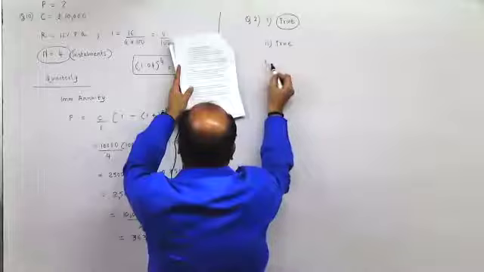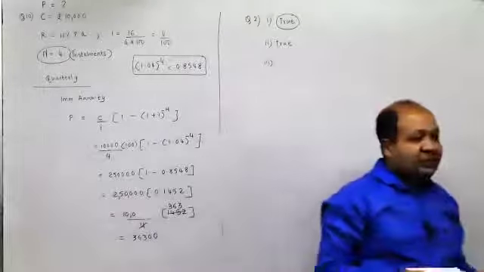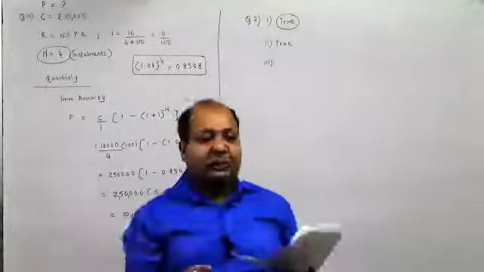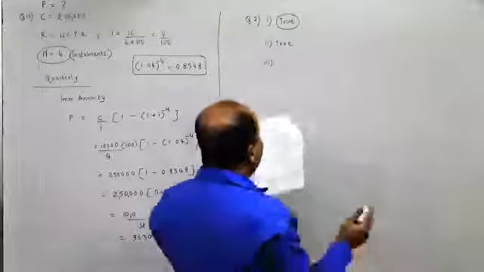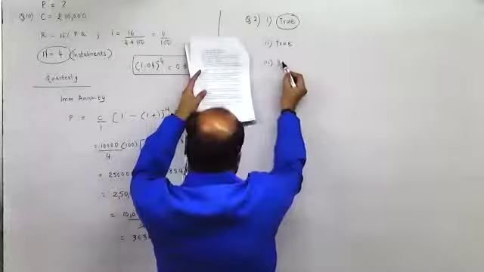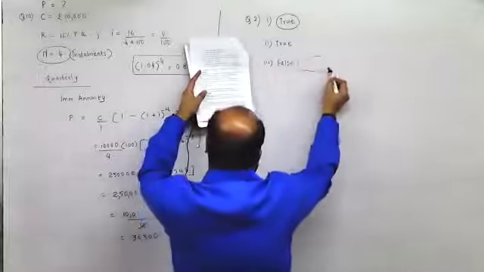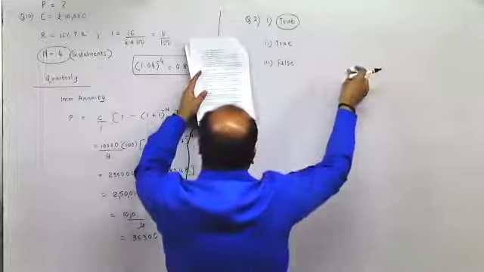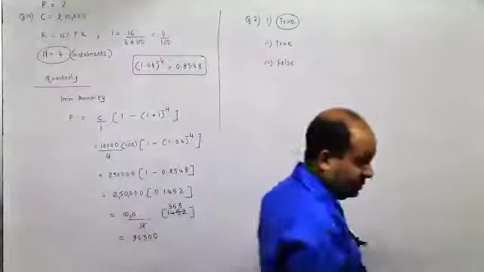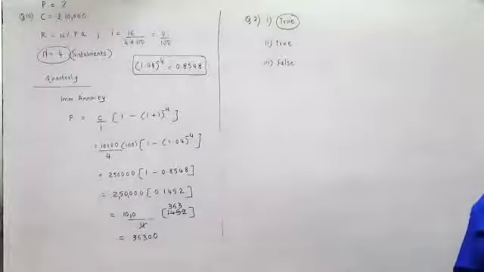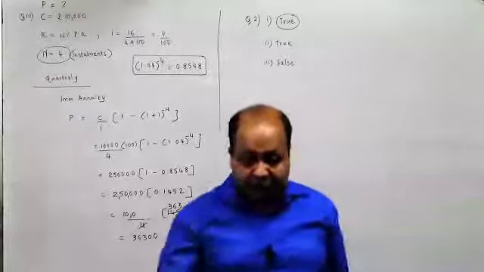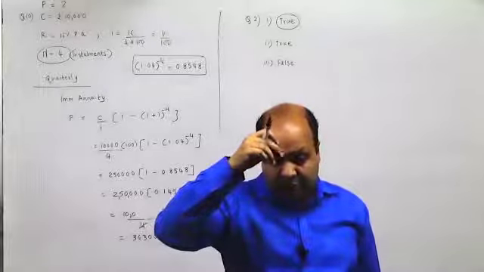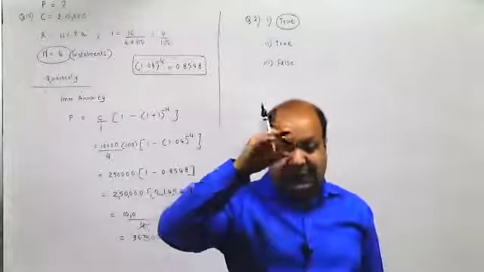Now, third one, the value of insured property is called policy value. It is correct? The value of insured property is called insured value or the property value. So given true? They have given false. False. My God. Sir, actually it is property value, no? The value of the insured property. They are not actually asking insured value, the value of the property which is insured. Oh, yes, yes, yes, yes.